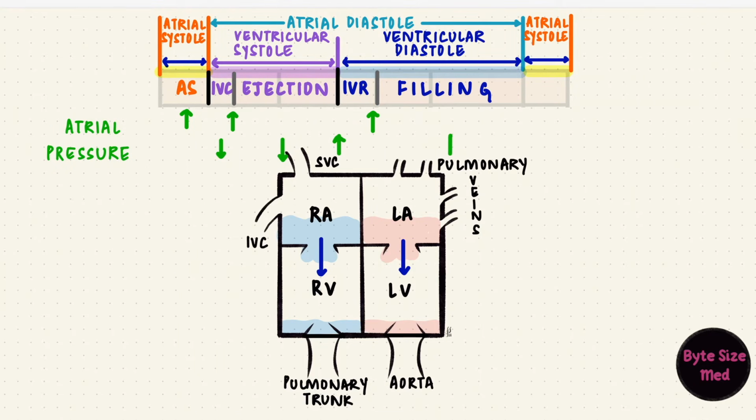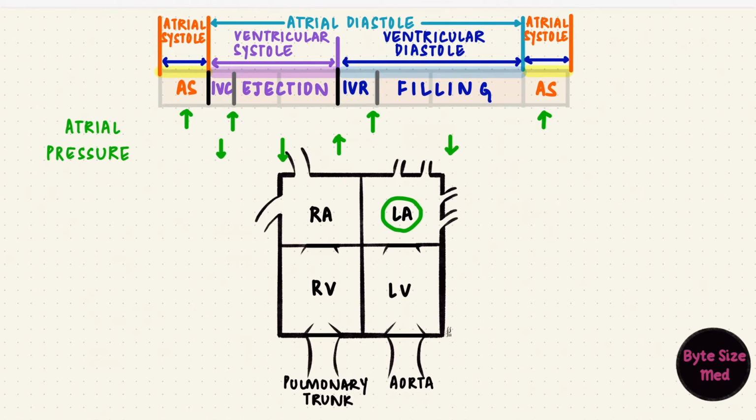The pressure in the atria drops until the last 10 to 20% of blood is pushed into the ventricles by contraction of the atria. This happens during atrial systole, causing the rise in pressure, and that's where we started. The pressures in the right atrium and the left atrium are similar, but the pressure in the right atrium is slightly lower than the left, so the curves for both would be similar with minor differences.